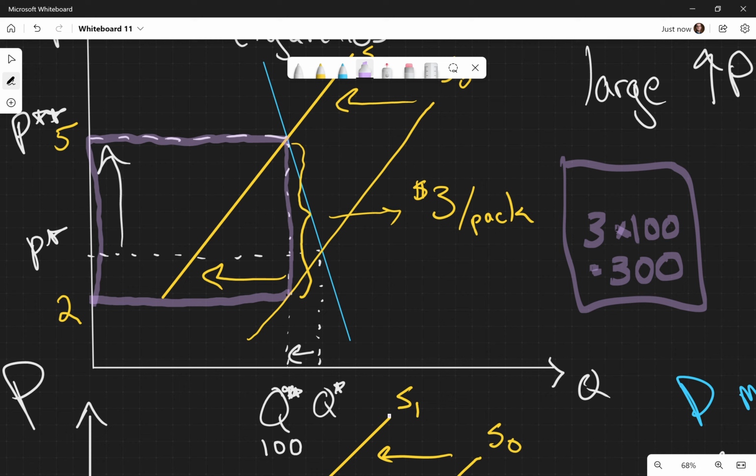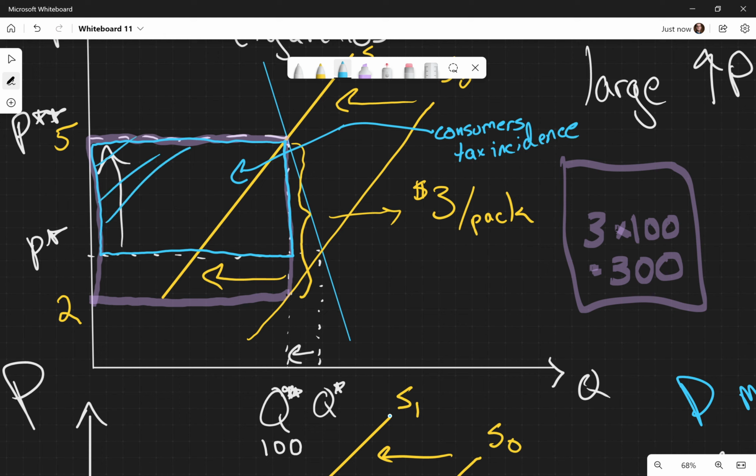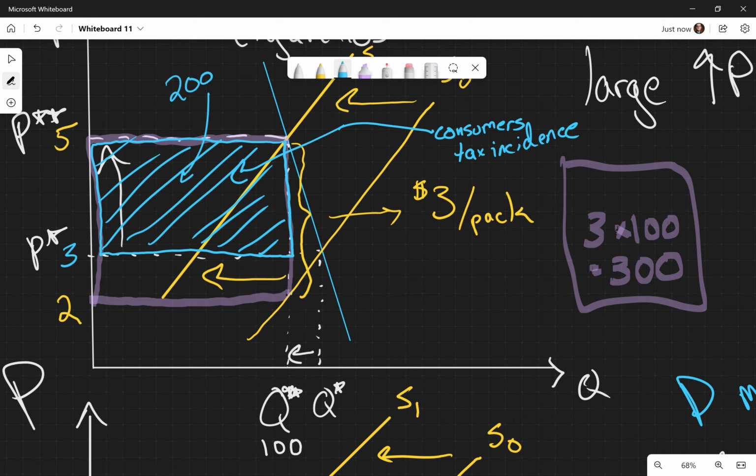But how is this impacting consumers compared to producers, right? Since it's so inelastic, the part that consumers are paying is this part that's above the equilibrium, below there. So this is what's called the consumers' tax incidence. And we can just see graphically, right, that this blue rectangle here, and if we again use some easy numbers, what if we say that that's 3, then this is going to be 2 times 100. So this blue rectangle here has an area of 200, right? So consumers are paying $200 of the $300 of the new taxes,